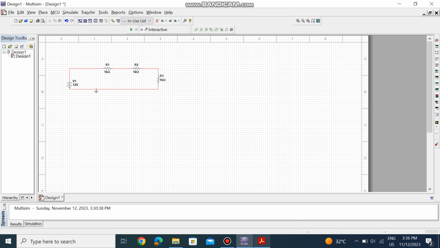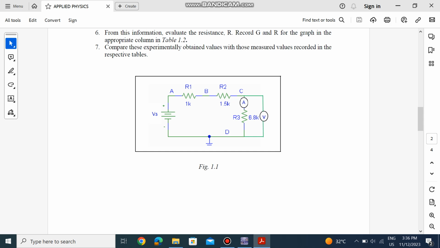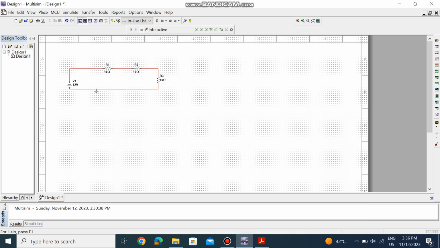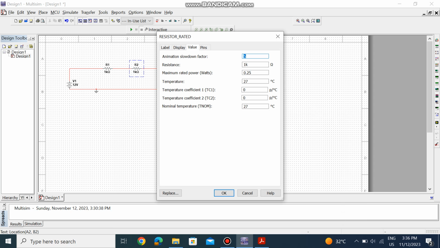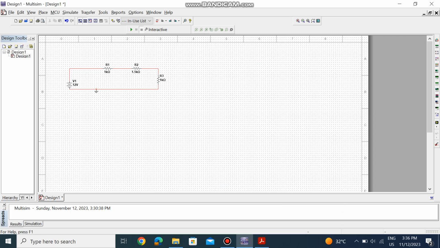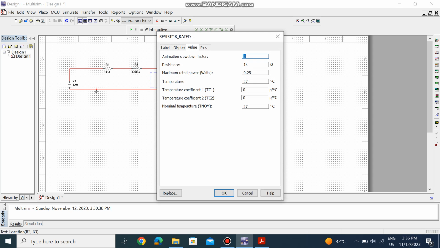So the values of the resistance here are 1, 1.5 and 6.8. So for 1, double click on this where it's written resistance, write 1.5 here, and the third one also, the value is 6.8, you write it 6 point,